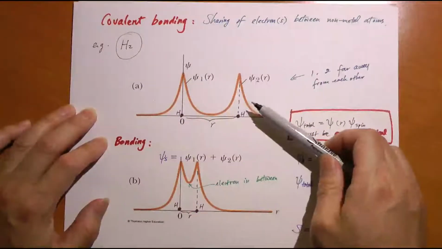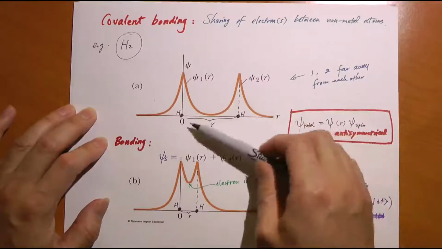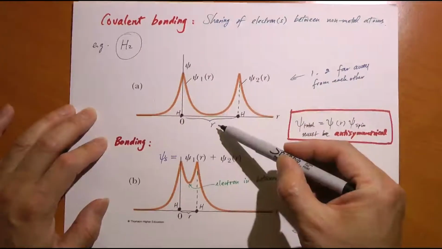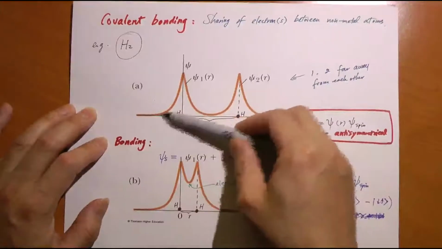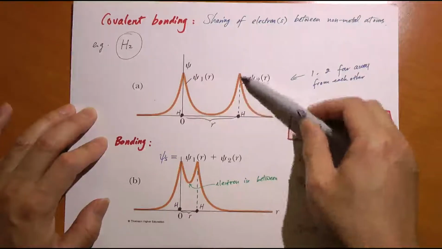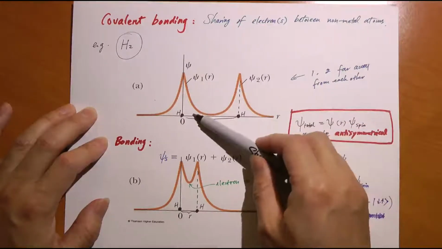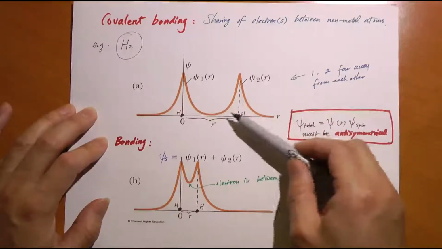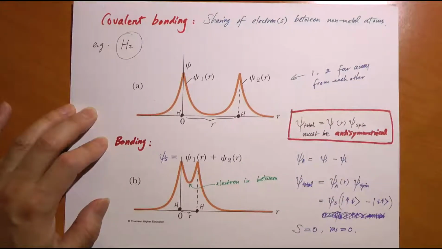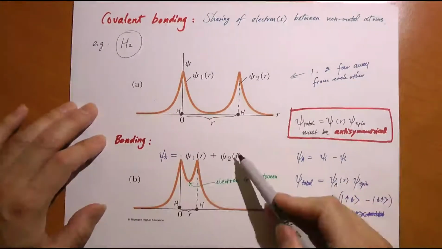This is a case where the two hydrogen atoms, here's one H, here's another one, very far away from each other. R is very large, and here is the wave function of the electron cloud for the first hydrogen atom. Here's the second hydrogen atom, and the two wave functions of the two electron clouds have basically no overlap because the electrons are too far from each other. They don't see each other. All right. Now, when you bring them closer together,